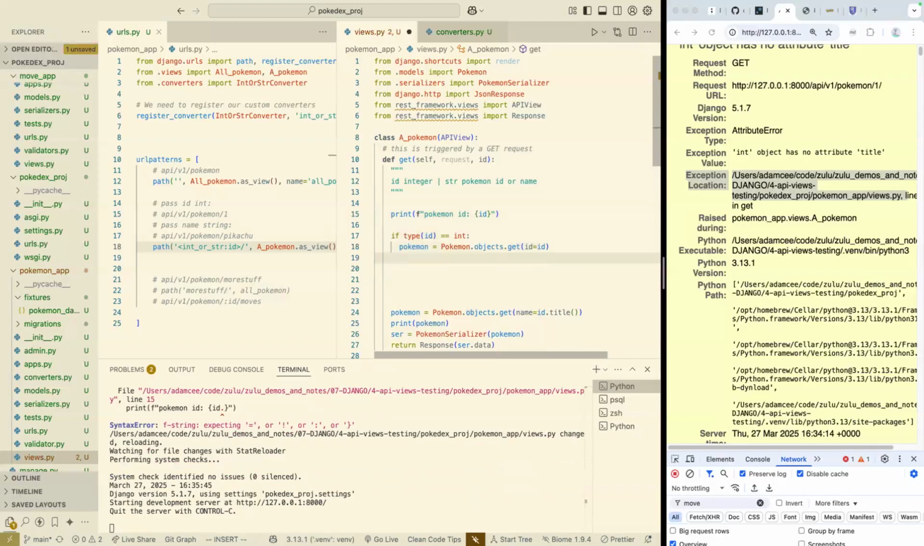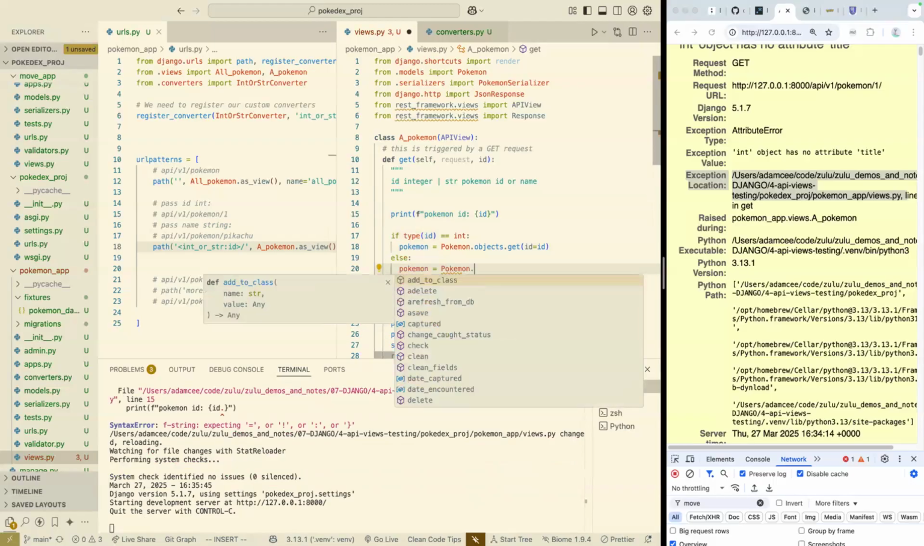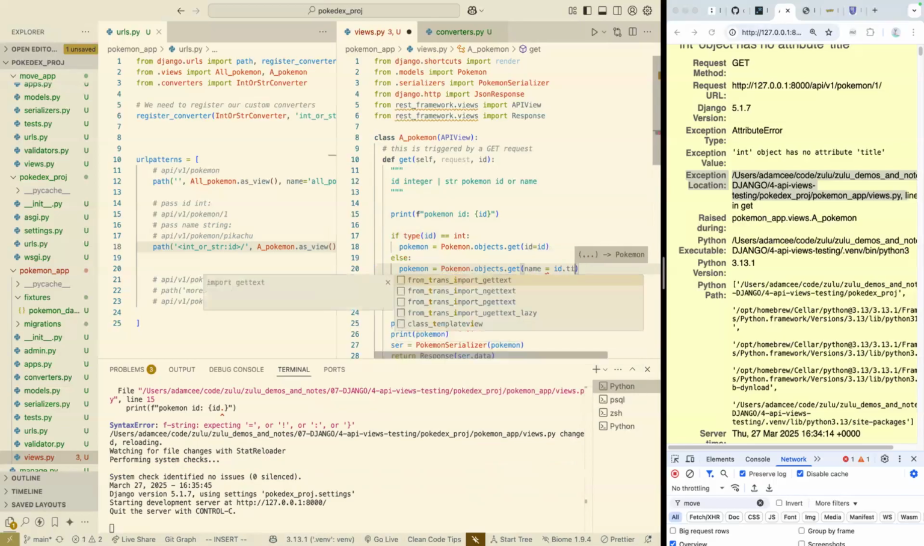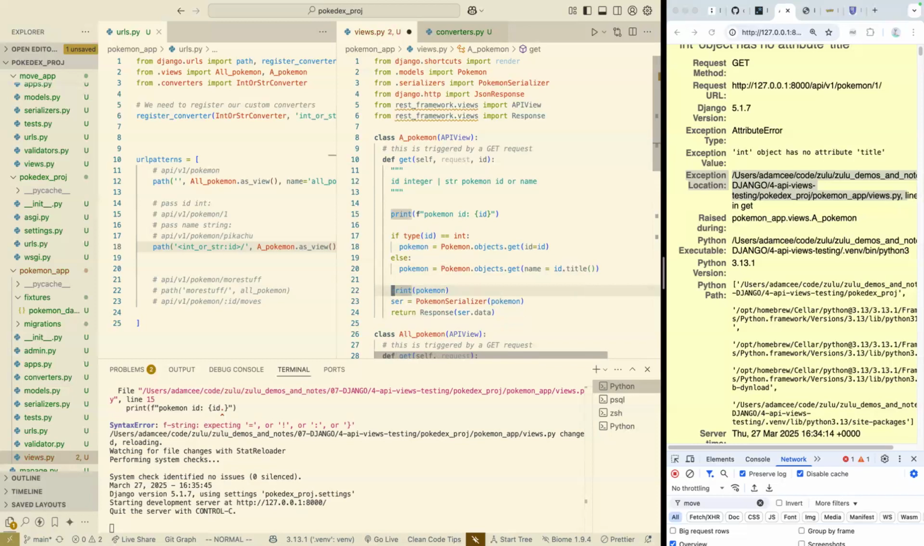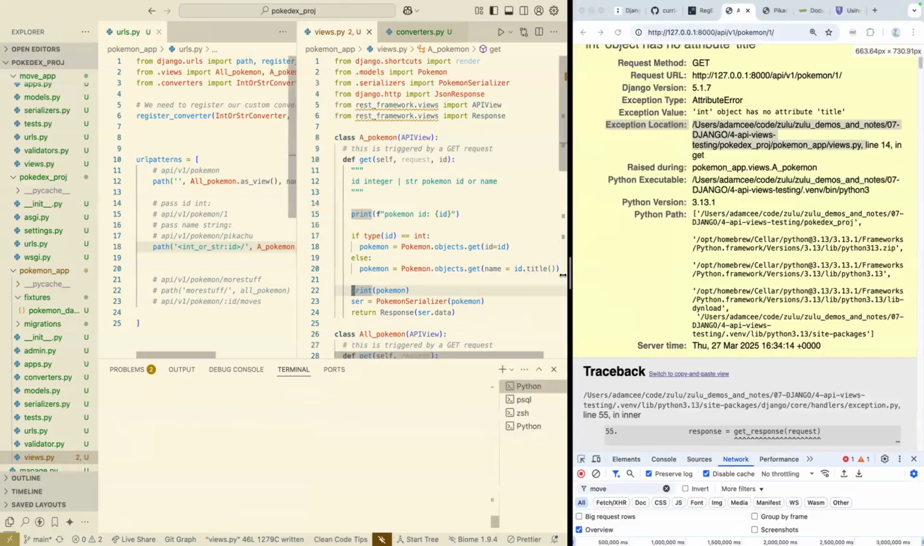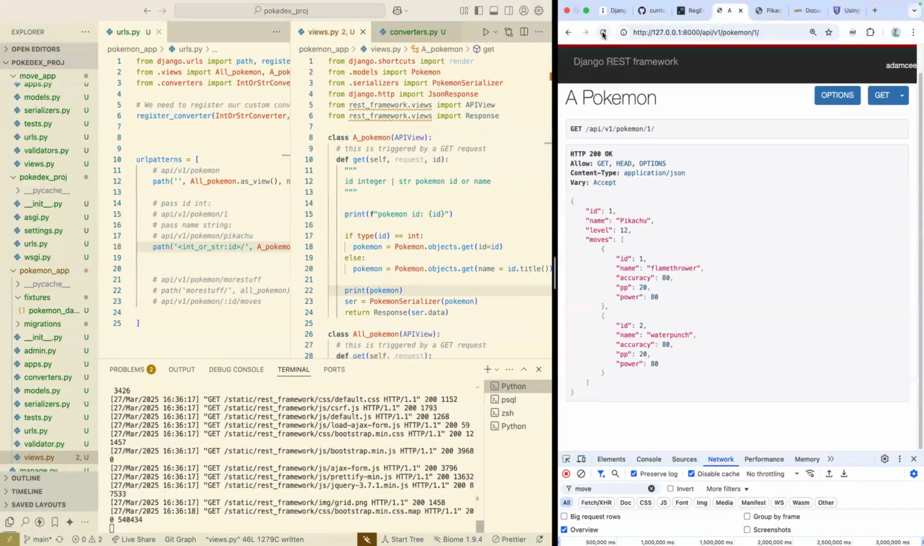And if I don't have an integer, I know that my converter has guaranteed it will be a string. So I can just do this. And we'll do our title casting again. We can get rid of this line of code and the rest of our code should work just fine. And now let's run this and see how we do. And now we're able to get Pikachu using an ID,